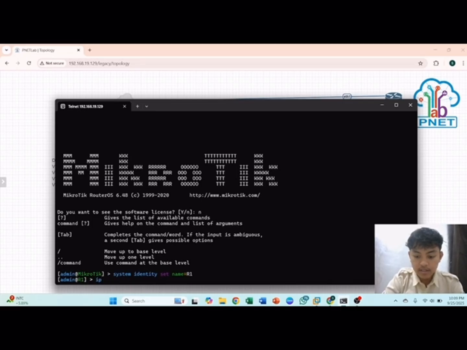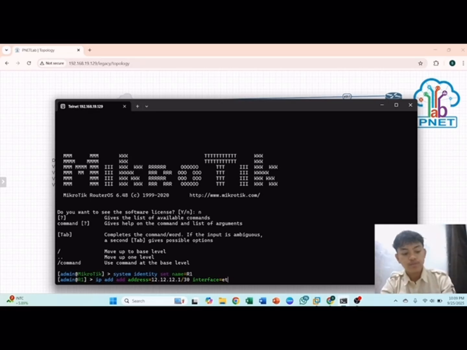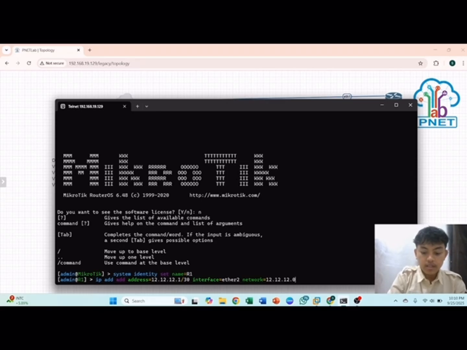After that, we will add the address for router one, the interface, network address, and then enter.